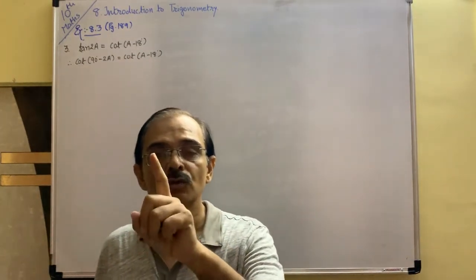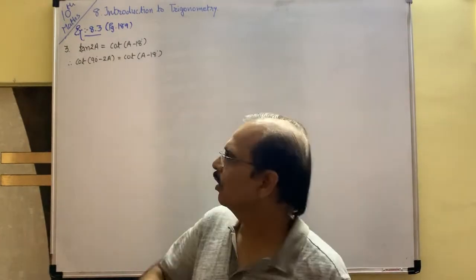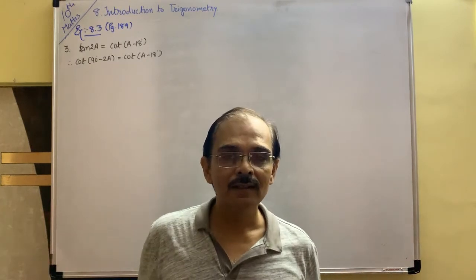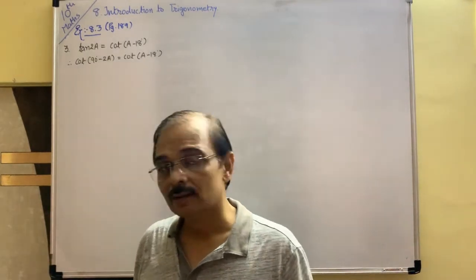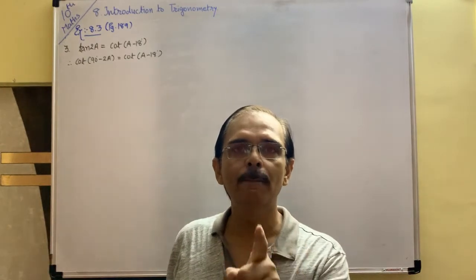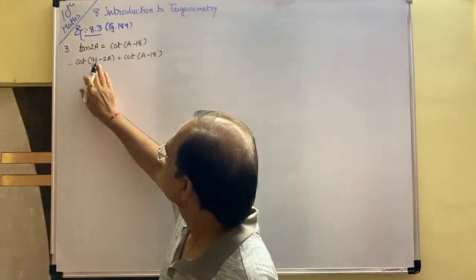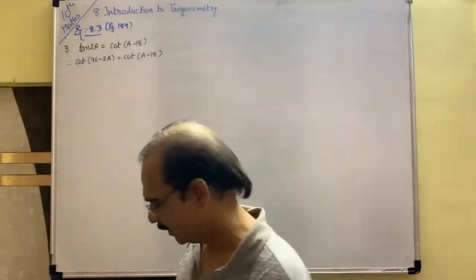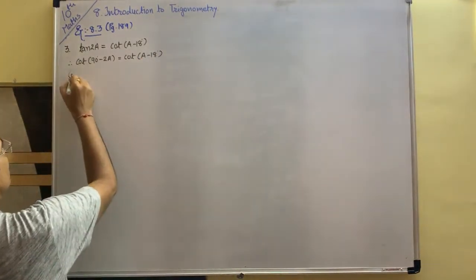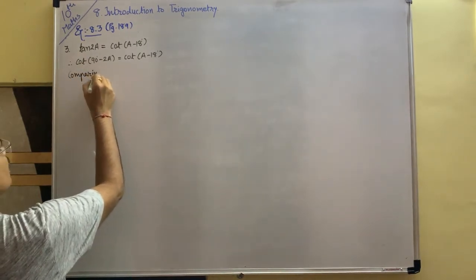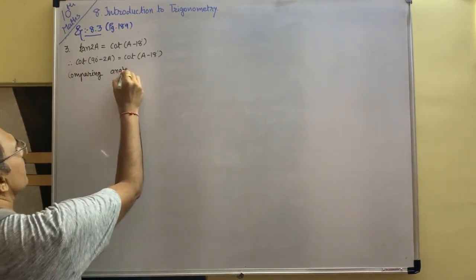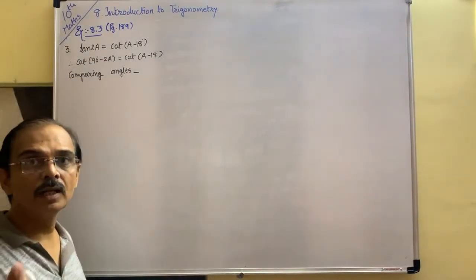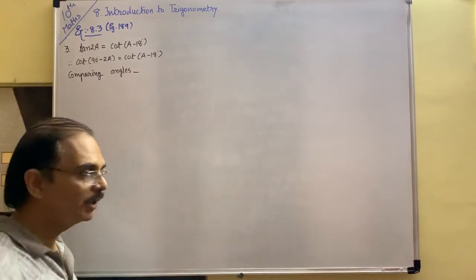See, both are cot, means the ratios are the same, left side and right side. Remember not to cancel it. Don't think that cot are the same so cot will be cancelled. No, this is a ratio. So it is not cancelled, but both are the same ratio, so you can compare the angles. Here cot something equals cot something, so the somethings are the same. So comparing angles, you must write this, otherwise your sum will be wrong. Though your answer is right, your mark will be 0. Remember, and please be alert here.